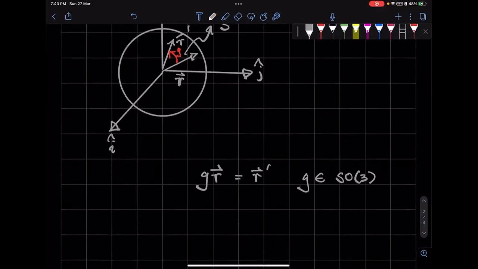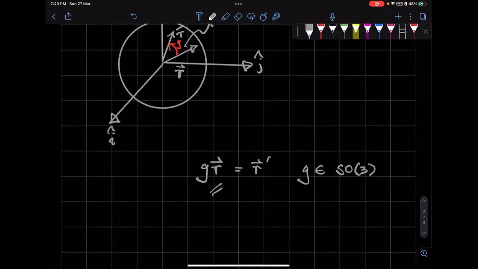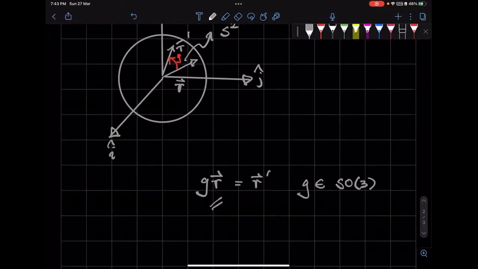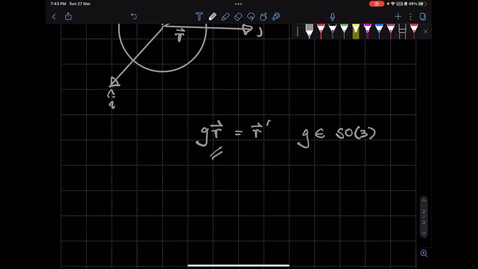So if R is an arbitrary point on the two-sphere, we see that R prime is also an arbitrary point on the two-sphere. Not only that, the two-sphere looks exactly the same regardless of how you rotate it, right? If you rotate the whole two-sphere, it looks the same. So it should be kind of an intuitively obvious fact that SO3 is the symmetry group